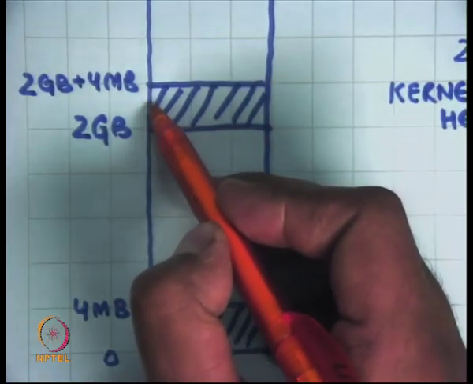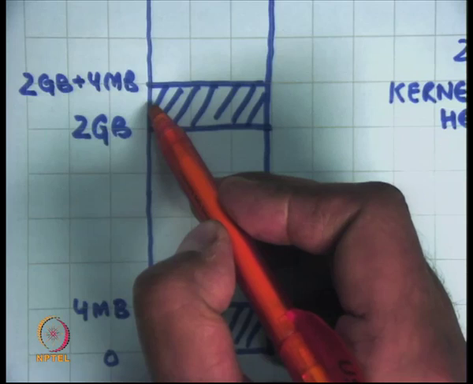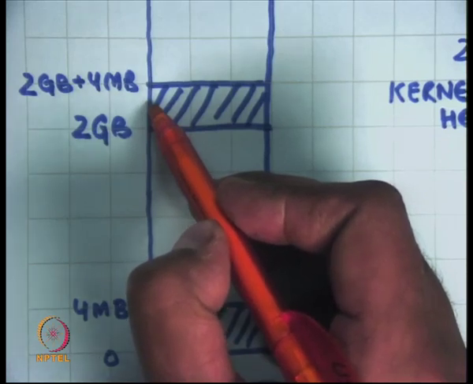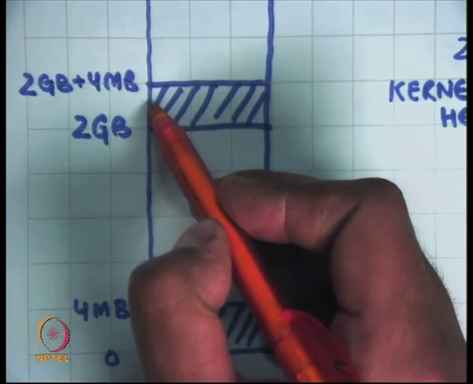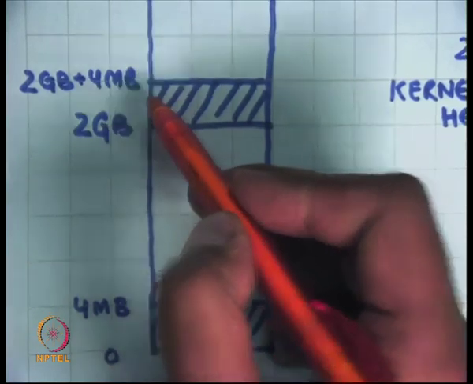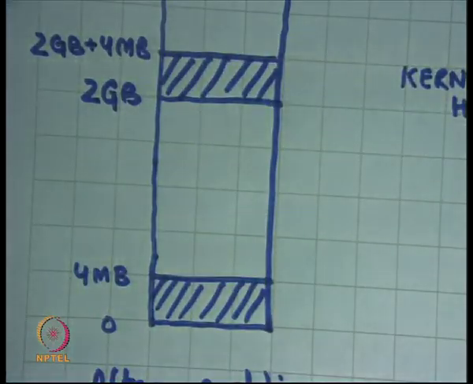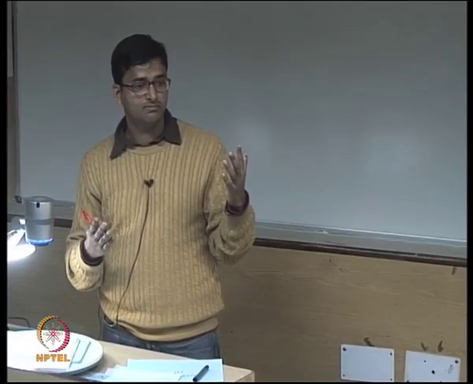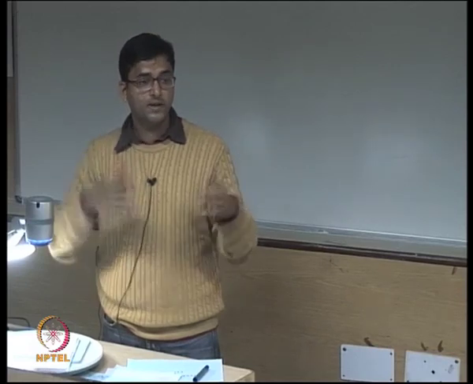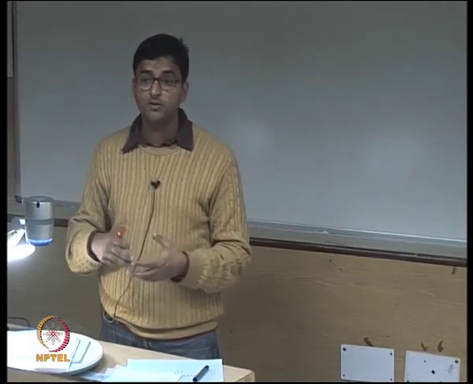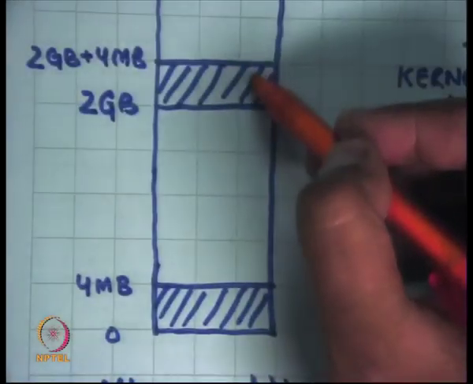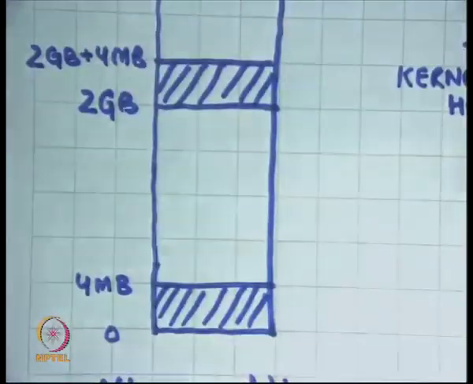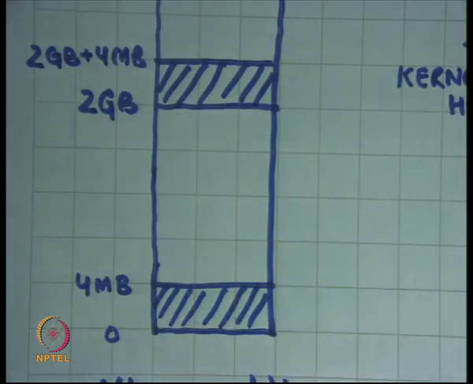Assuming that there is some headroom above the kernel in this first 4 MB, I should be able to allocate a page. So it's not really limited by the size of physical memory at this point. It's actually limited by 4 MB, this artificial limit, because you've only mapped the first 4 MB. If the kernel was, let's say, 3.9 MB, then my kalloc would have failed, irrespective of how much physical memory I have. If my kernel was indeed that large, I should have mapped more area in my entry page directory. But my kernel is really small, let's say less than 1 MB, so I have enough space.